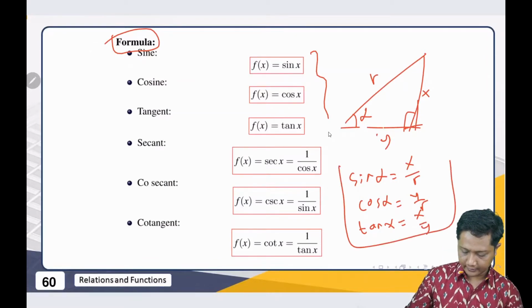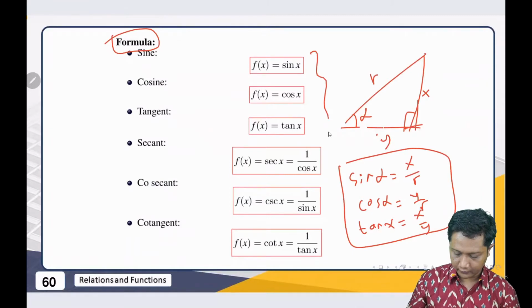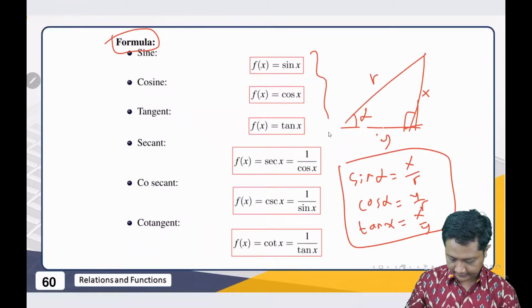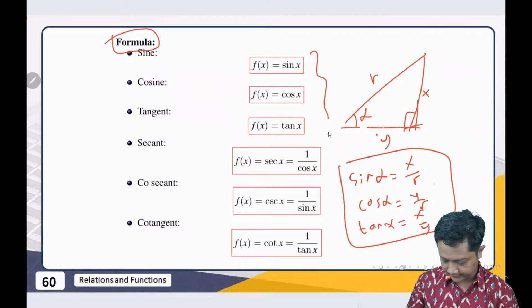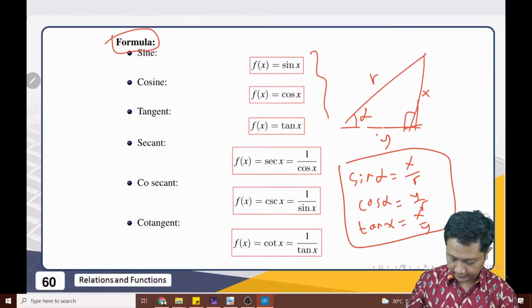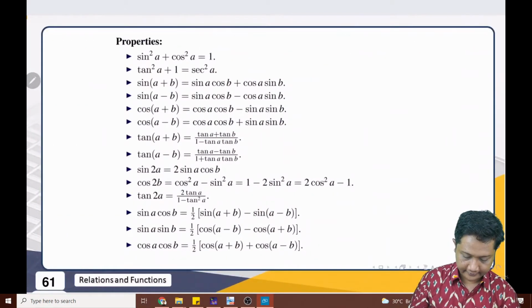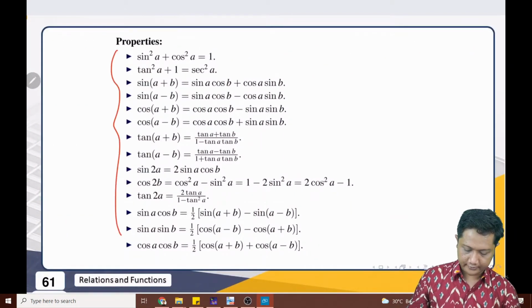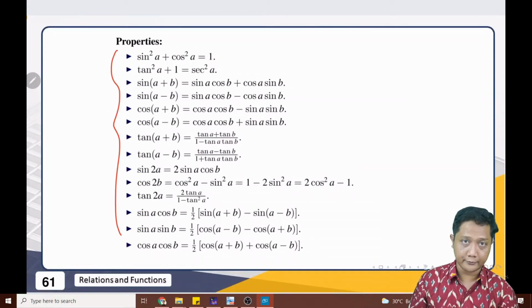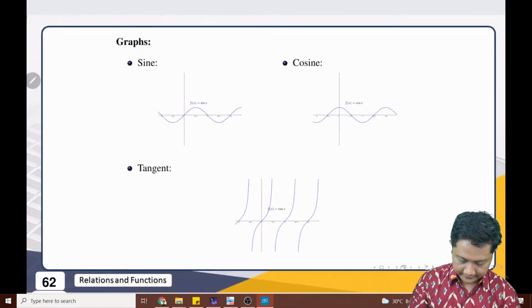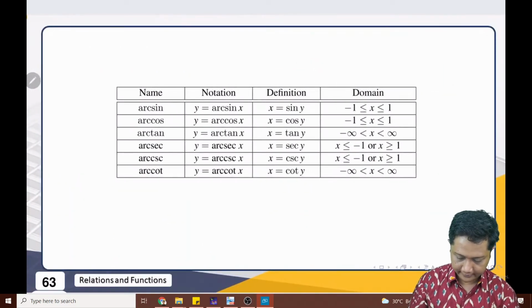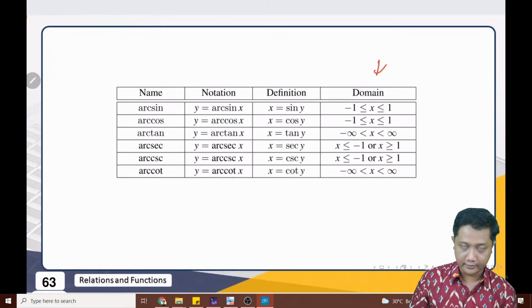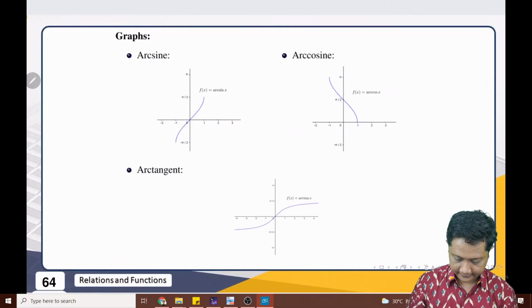This is the basic one. And second is secant, 1 over cosinus, so r over y, and then cosecant is 1 over sinus, r over x here, and then cotangent is 1 over tangent, the reciprocal of tangent. So we have this one is y over x. So hopefully that's clear enough. And there are many properties of them, and please make sure that you review by yourself. And this is the graph. I hope you are familiar with this. This one is for arcus sinus and so on up to arcus cotangent, and this is the graph.